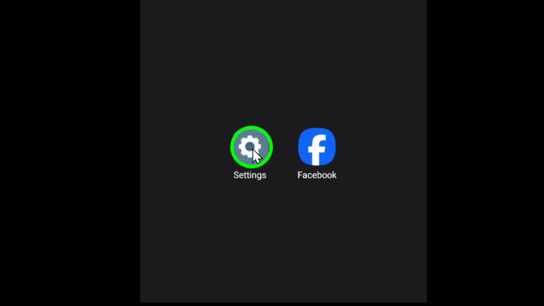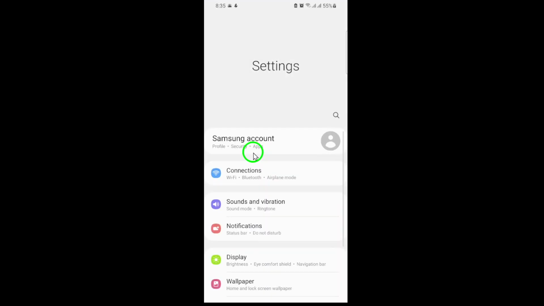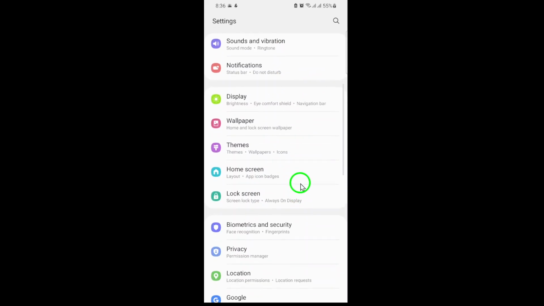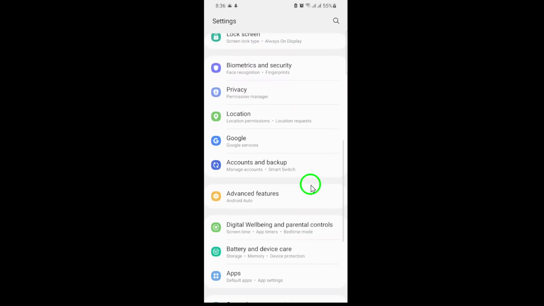First, grab your phone and unlock it. Start by opening your phone's settings. You'll usually find the Settings app on your home screen or in your app drawer, often represented by a gear icon. Once you're inside Settings, scroll down until you see an option called Apps, App Management, or sometimes just Applications,